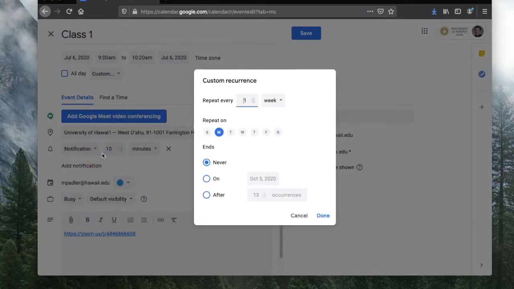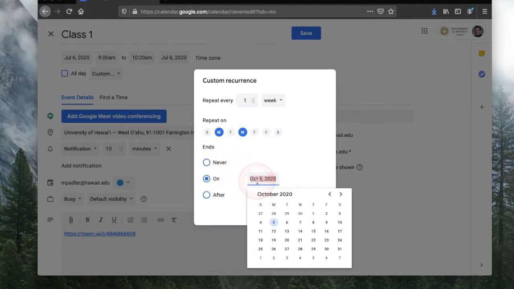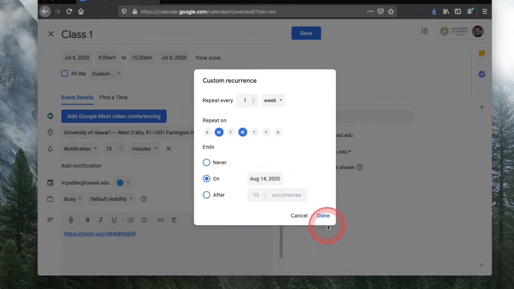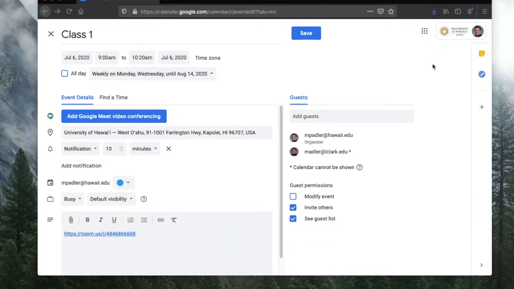Let's say that our class meets every Monday and Wednesday, so we'll select those options. You can also program the calendar to stop scheduling your event on a certain date. The last day of instruction for the upcoming summer session is August 14th, so I'll set that as the end date for the class. The last step to finalize the booking process is to click the Save button in the